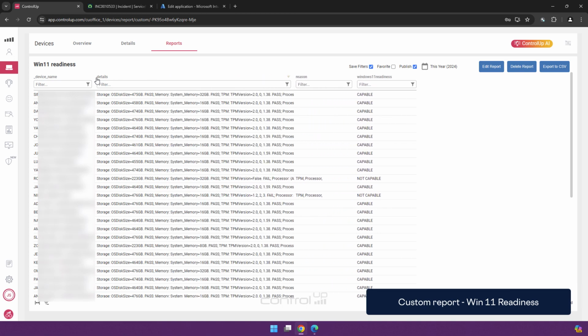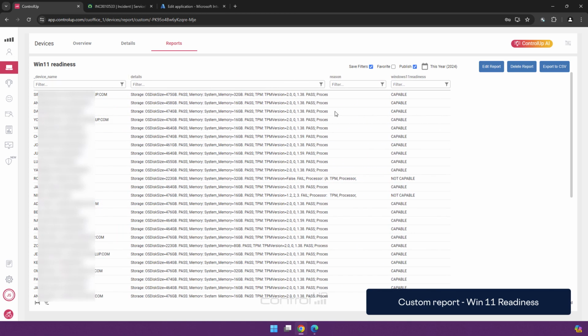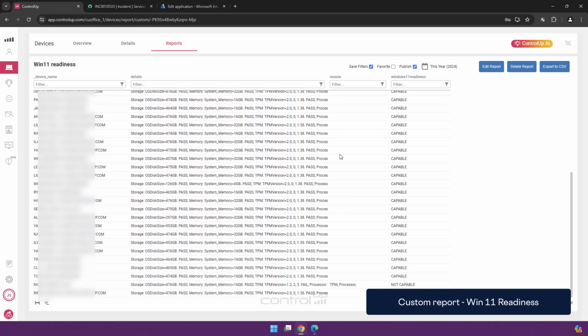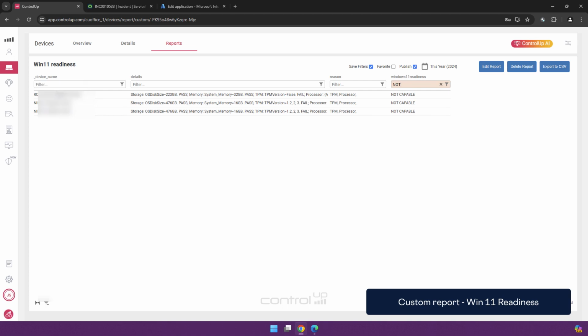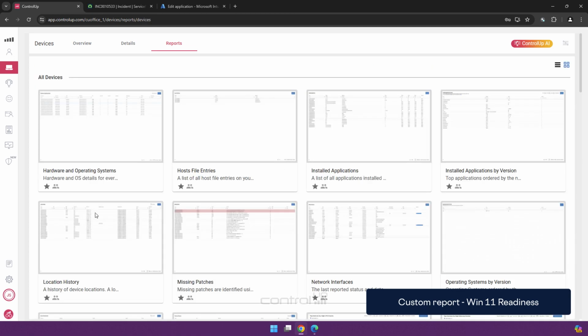And for all the devices, or at least all the Windows devices in the environment, we can report back on which machines are capable or not capable, and then take action based on the reason for it not being capable. Either replace a device or upgrade a device.